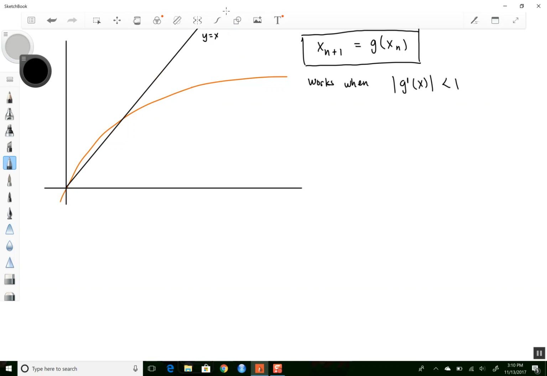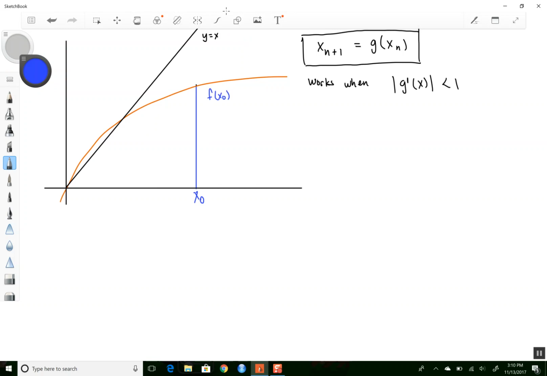And we'll just start off, let's say, right here. Okay, so this will be my x0. This location up here